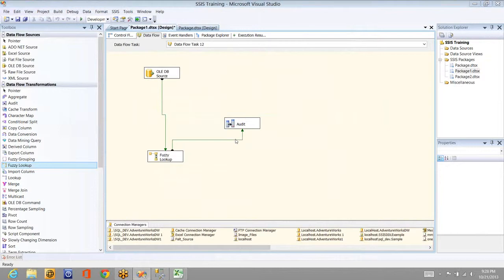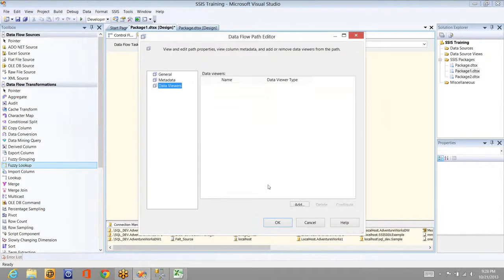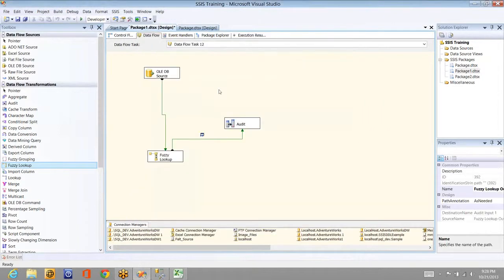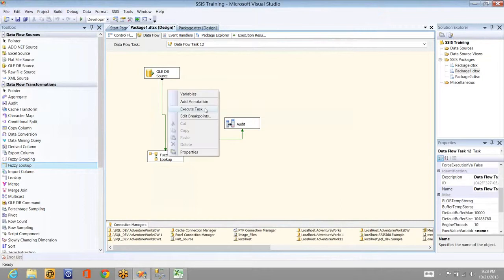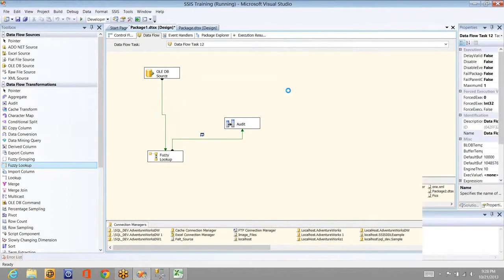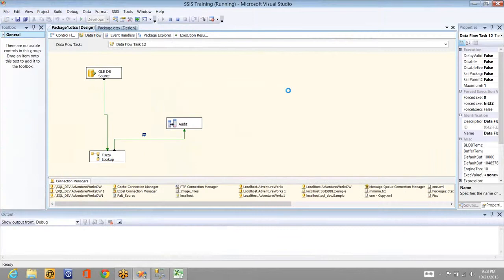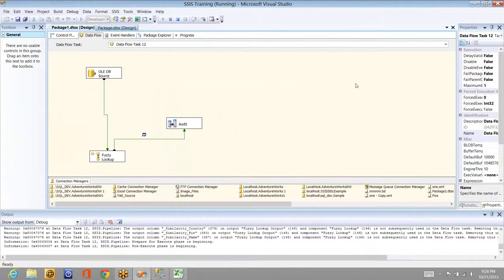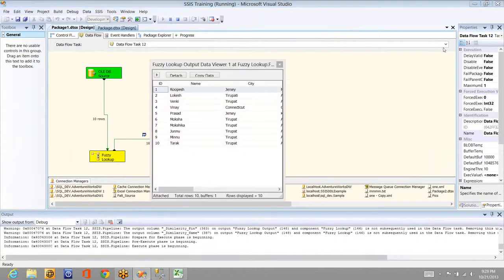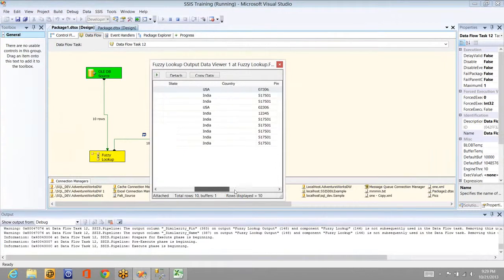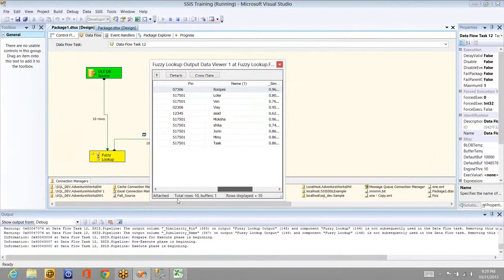The lookup will check for exact value. But in this fuzzy lookup, the only difference is it has a kind of probability, a percentage similarity. If it is that similar, then it will pull the record. Let's see how many records will be pulled. The source table is different from the destination table here. So if you see, even though the records are not matching exactly by name, it is pulling most of the records.